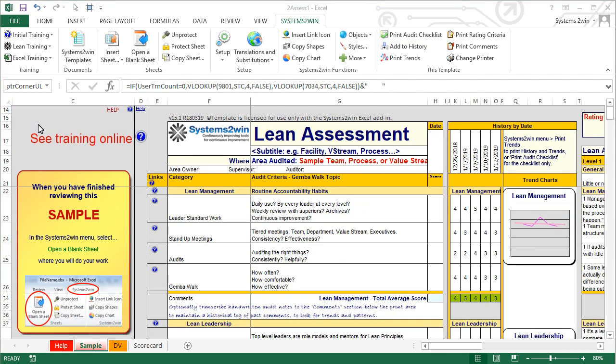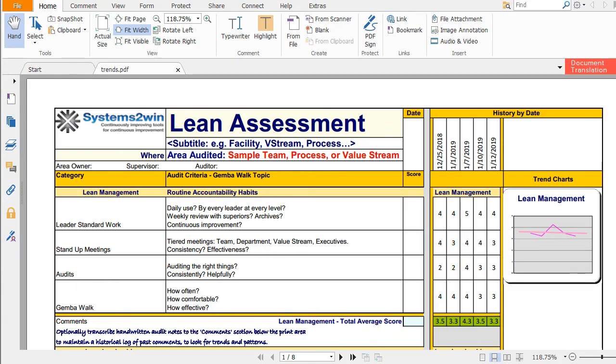So now I'm ready to actually use all this data that I collected. I'm ready to print this assessment scorecard and post it on our team accountability board so that we can talk about things in our next stand-up meeting. How do I do that? When I click this button to print trends, that will print this section of the scorecard that shows the criteria and the results with the charts. And notice that it prints this time in landscape instead of portrait.